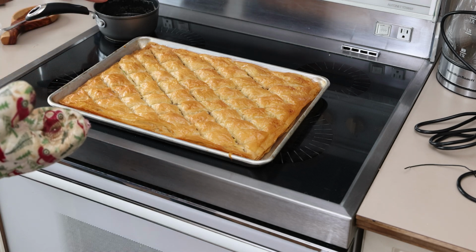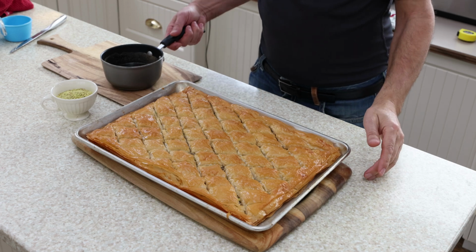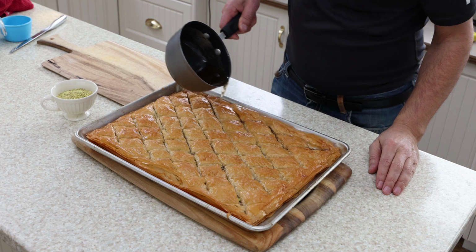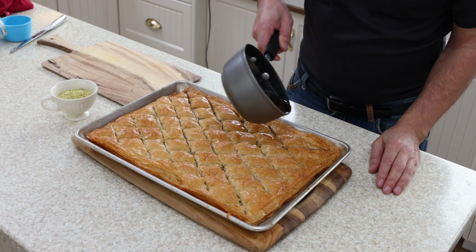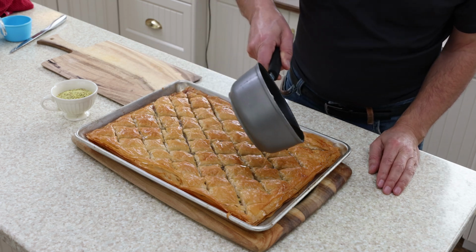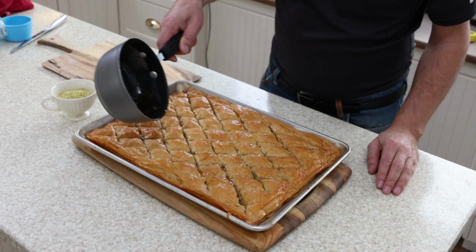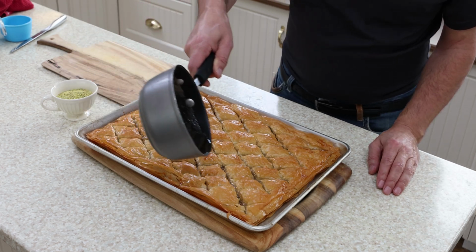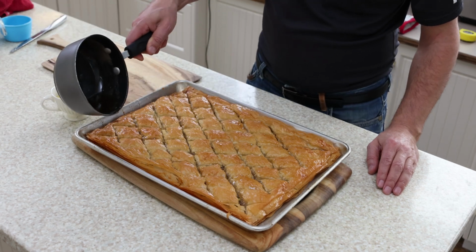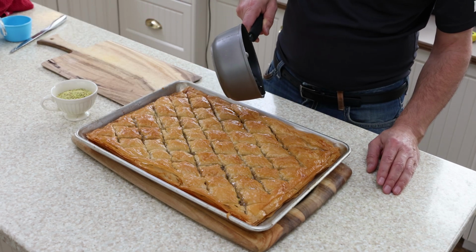And then we're going to pour the syrup and some more nuts on top. Once they have cooled for a couple minutes, we can pour the syrup on them. Now you don't have to pour it all. You can use your judgment. Just because you made it doesn't mean you need it all. So I usually do 2/3 of a cup and end up not putting all of it, maybe about half. So in total there's about half a cup of